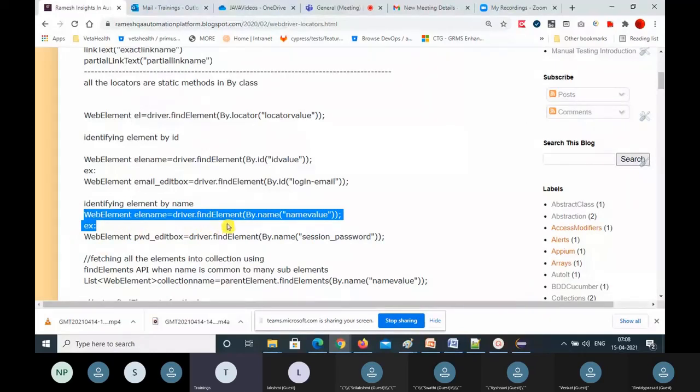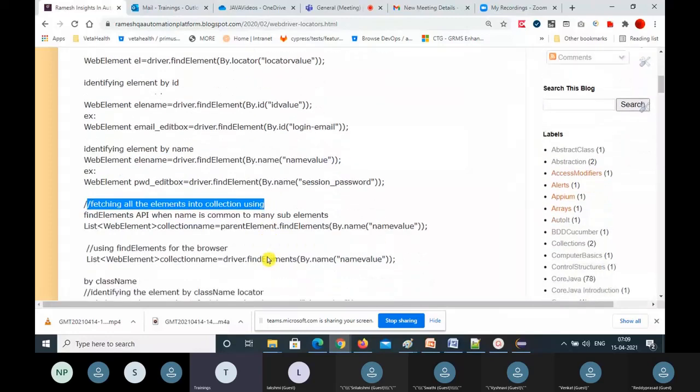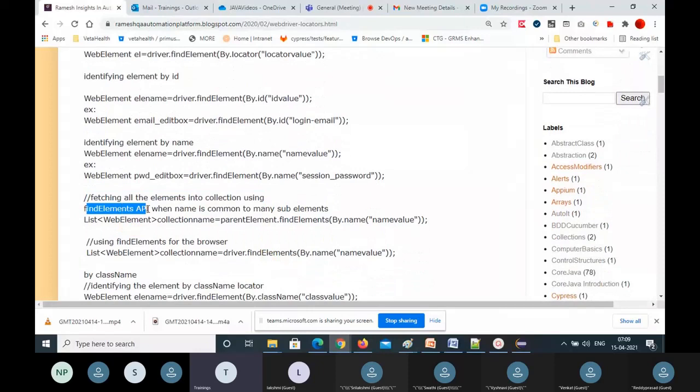Can we identify multiple elements with the name locator? Yes, that is possible, because some elements might have a common name, right? Then how can you fetch all elements into a collection using the name locator? You have to use the findElements API when the name is common to many sub elements.